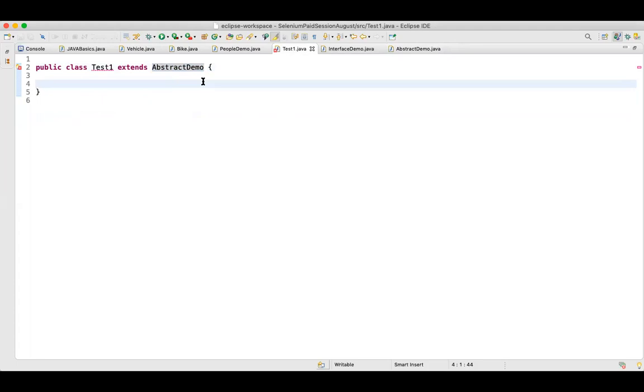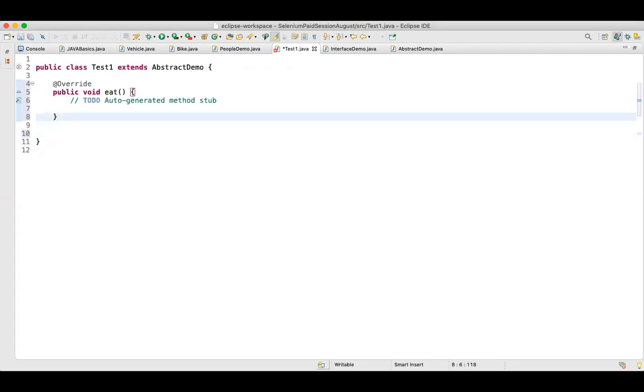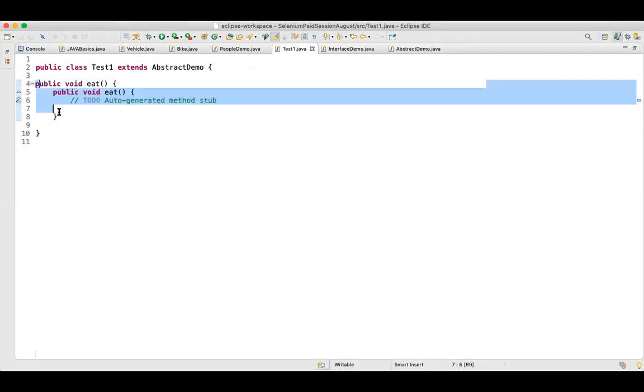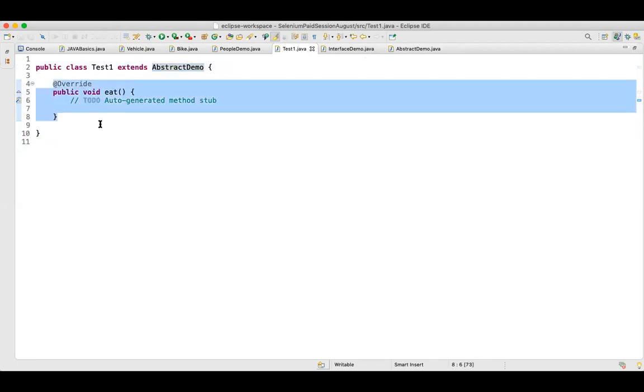So the hard rule is you have to implement your unimplemented methods first of all. When I say unimplemented, it means that in that particular abstract class, the method had only a signature, there was no body, right? So I have to implement that method over here. It's not compulsory to implement the other method, because the other method is a non-abstract method. But if you define an abstract method, you will have to implement it. So when you extend an abstract class, you will have to override all the methods which are abstract in that particular class.